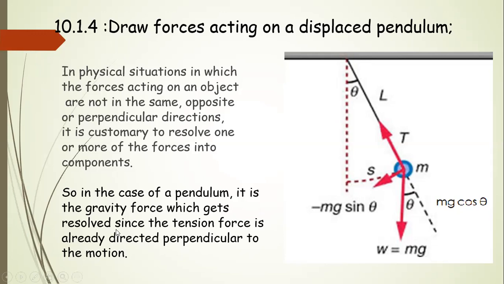So now, these are the forces. The tension is balanced by mg cos theta, so these two are balanced in this direction, and the bob will not move in this direction. So this is mg, with its two components, and the only net force acting on this pendulum is minus mg sin theta. So the pendulum will move linearly in an arc in this direction. So these are the two major forces on the pendulum.